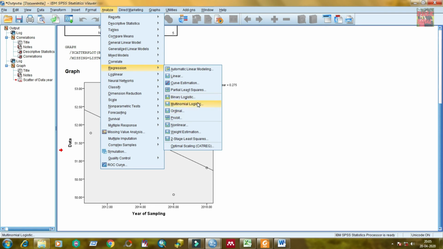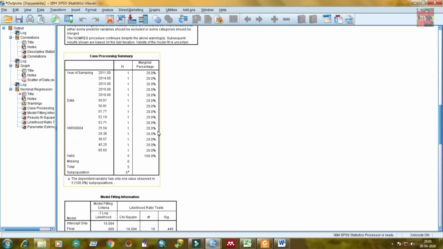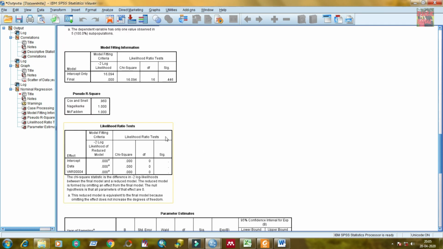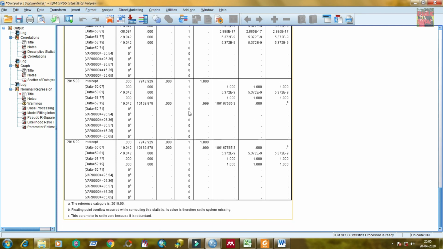You need to add the data and year of sampling. You can see the dependent and the factor. Then click on OK, and you can see the model fitting information, likelihood ratio test, and parameter estimates have been calculated on the basis of these two variables.